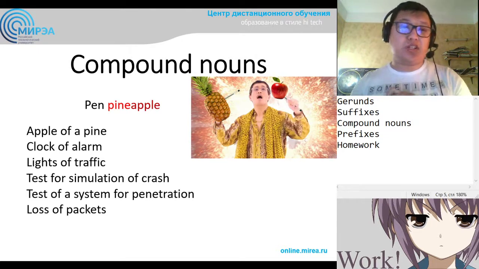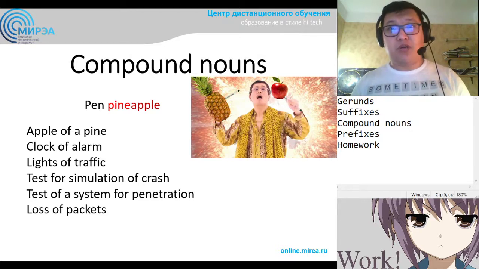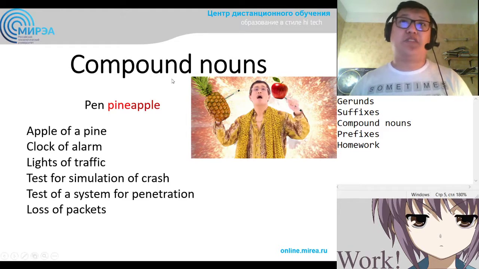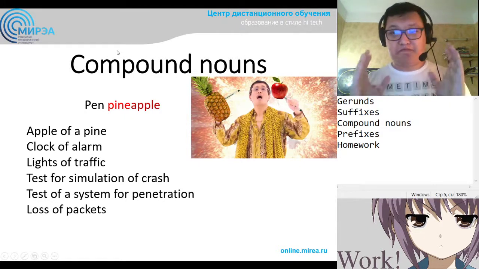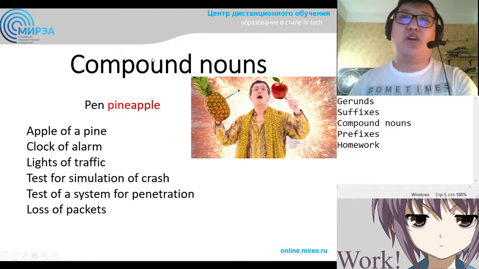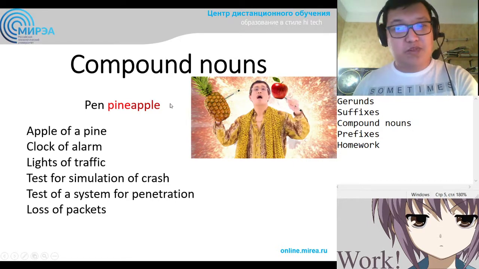This is compound nouns. A compound noun is basically when you put two nouns together, as with this very simple thing, like compound noun is also a compound noun. So put compound and noun together, or it's an adjective, it doesn't actually matter in here. But the more obvious example is